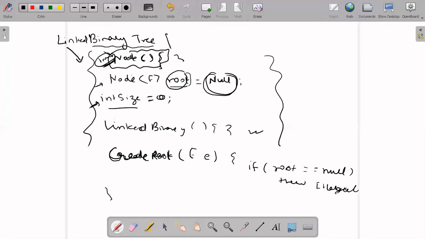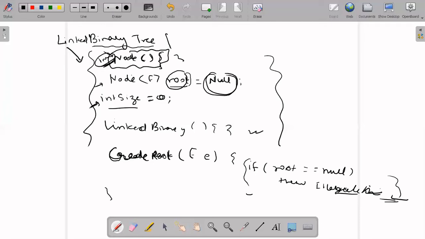It means we already have a tree structure created and you want to create the root. So this is an illegal argument exception or illegal state exception. The state of the tree is illegal. You are giving the wrong thing.